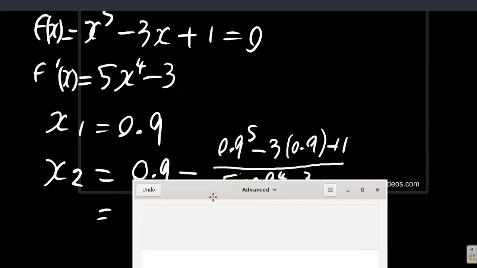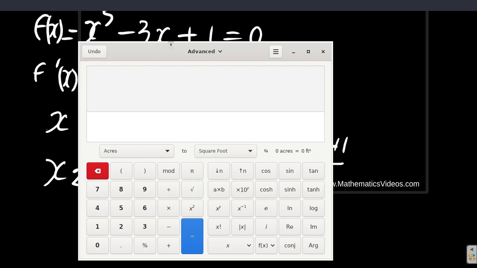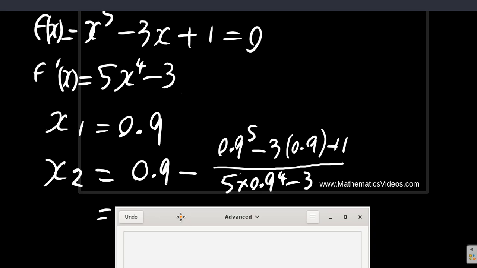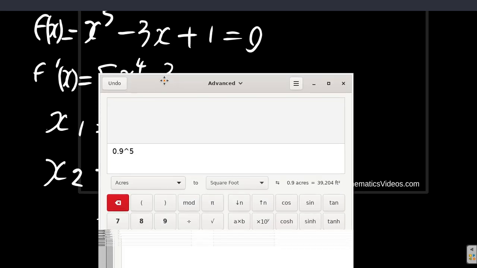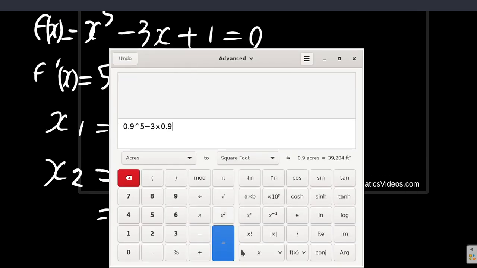So we have our calculator here. 0.9 raised to the power of 5, minus 3 times 0.9, plus 1. Let's put this in brackets, divided by